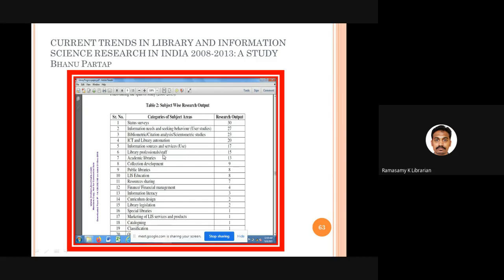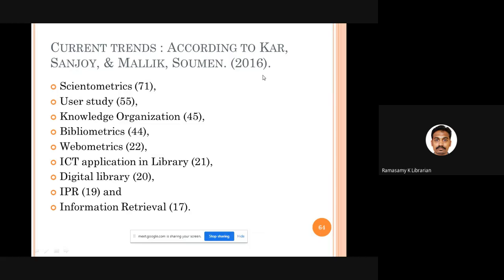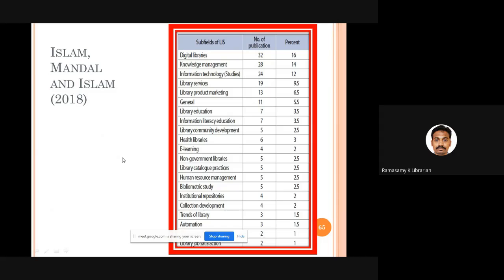These are popular topics. Then in 2016, a study showed that scientometrics, bibliometrics and webometrics have been the most vibrant research areas in library science, followed by research on knowledge organization, ICT applications, digital libraries, intellectual property rights, and information retrieval.